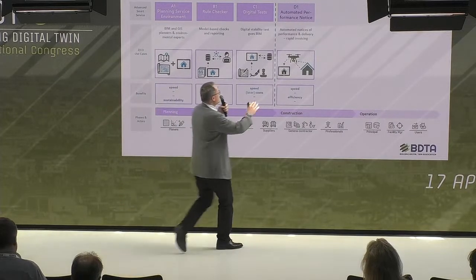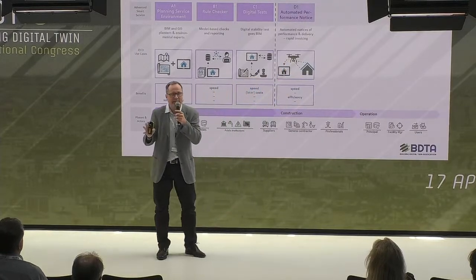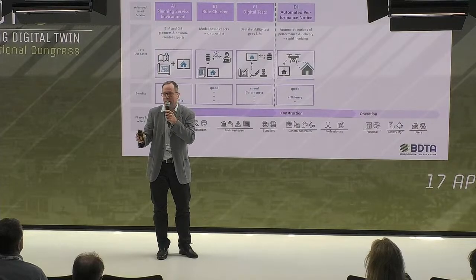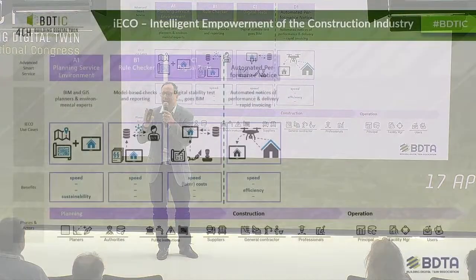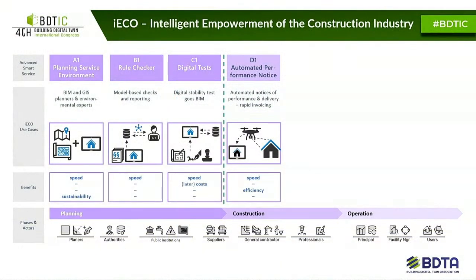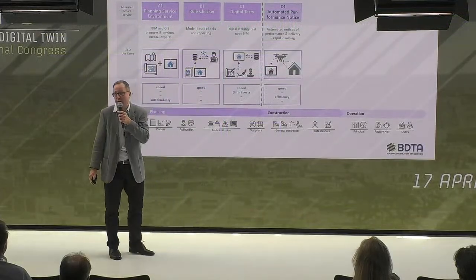And then this intelligent drone and back office would automatically log the performance of whoever mounted the windows and then send an automatic invoice. So you can see a lot of parties involved, and you can see also the efficiency. Normally someone would have to do the failure report and go around the building and photograph everything. And of course the speed, which is attractive for all the parties if you get money earlier.